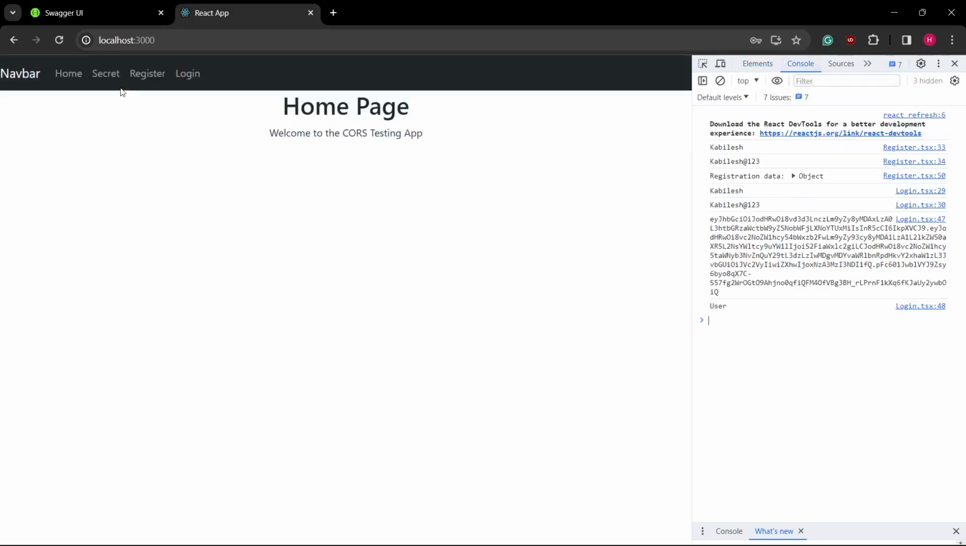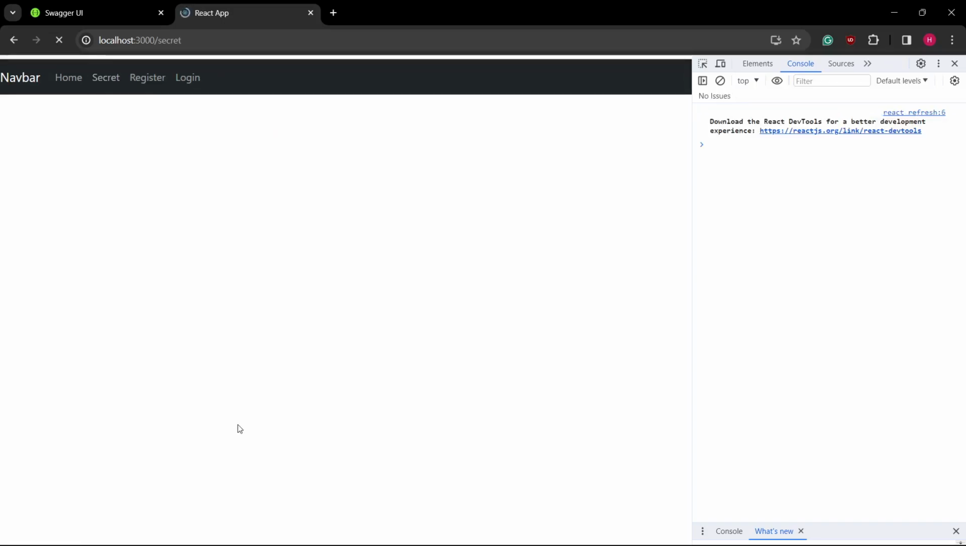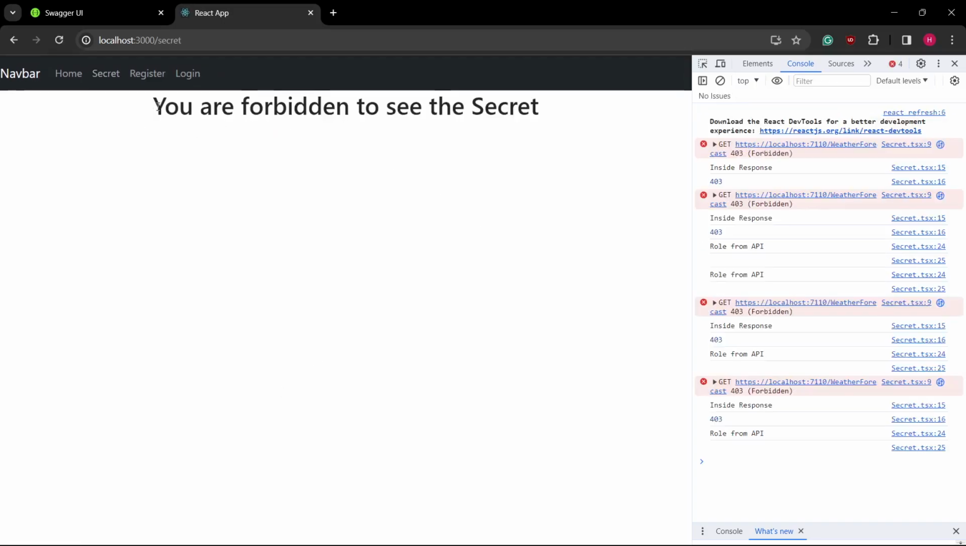Now let me try to reveal this secret with this user role credentials. It says you are forbidden to see the secrets. This response is given by my API to this frontend. It gives the 403 response, which means forbidden. So this type of user is not allowed to see this message. As you can see, this is how our role-based authentication system works with both React and the ASP.NET Core